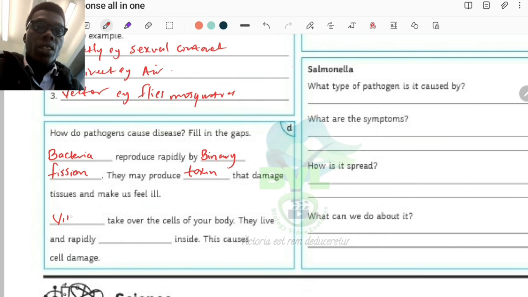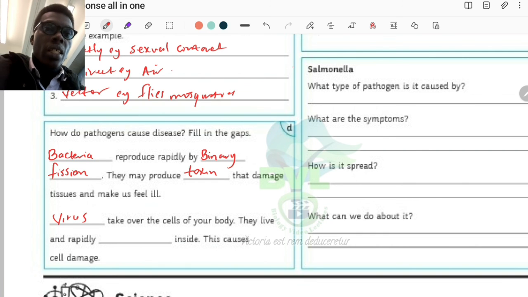Now, the ones that take over the cells of your body, it is viruses that do that. They live and rapidly reproduce or replicate. The preferable word should be replicate, replicate inside. Then this causes cell damage. So I'm going to do this as the first section of the